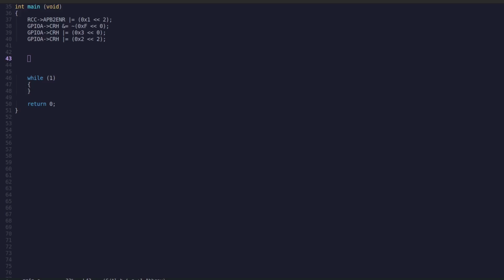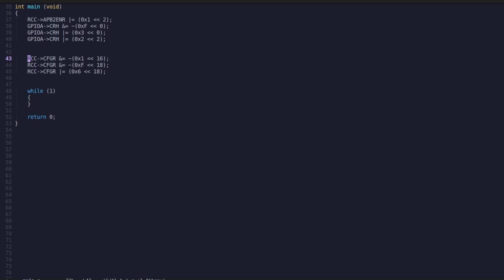And for this, we need to first choose which clock will feed the PLL clock. So for this, let's say that we are going to use the HSI clock. By default, the HSI clock has 8 megahertz. And after this, we need also to set the multiplication factor that our PLL will have. So in this case, let's multiply by 8. Here in these three lines, we are setting the HSI as the PLL clock source, and we are multiplying the